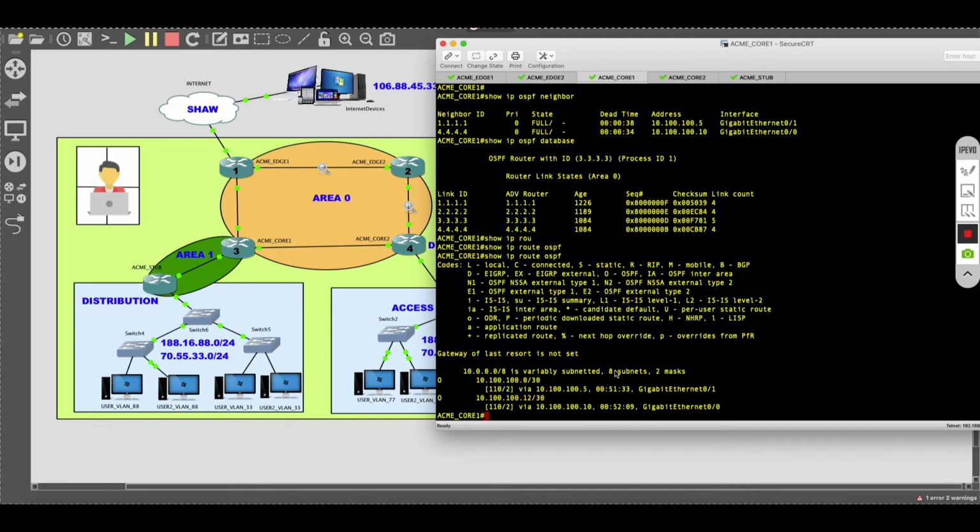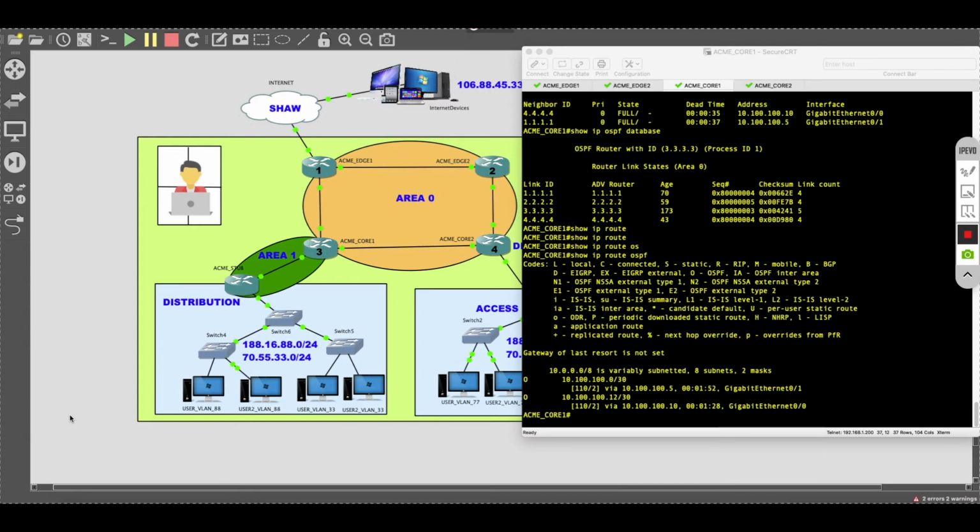But how does it actually come up with a cost of 2? Well, OSPF embedded into the actual routing protocol also has the ability to calculate its own metric. And how does OSPF accomplish this? It accomplishes it by taking the reference bandwidth, which is 10 to the 8, or 100 million bits per second, and dividing it by the interface bandwidth. Okay? So this makes it very difficult for OSPF to actually accommodate interfaces that are higher than 100 megabits per